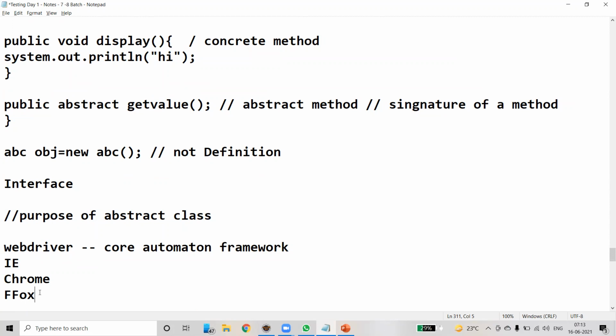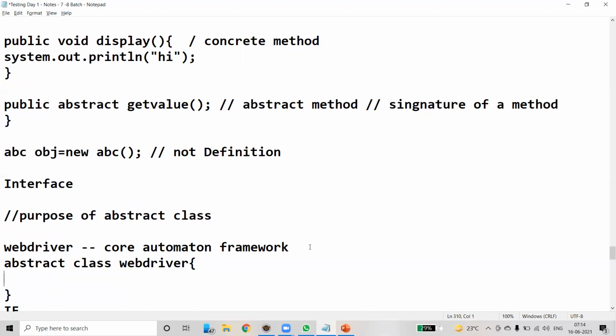But at the time of developing WebDriver, we don't know who is going to be the end user. Do you agree? Hence, what we do is create an abstract class WebDriver.